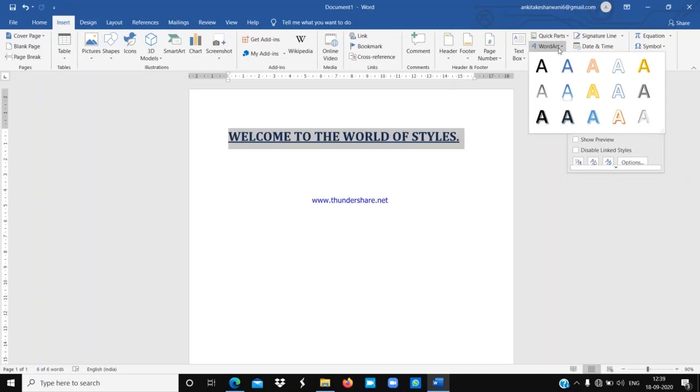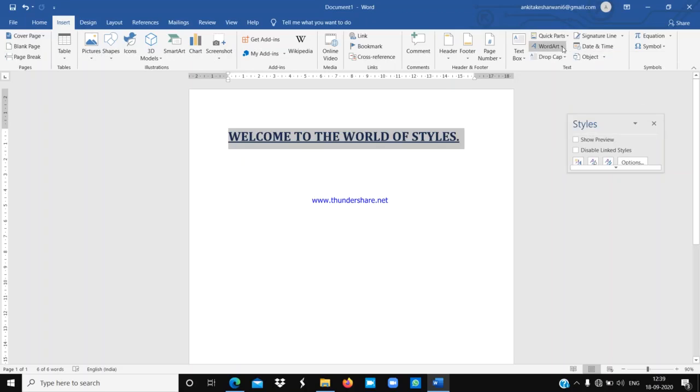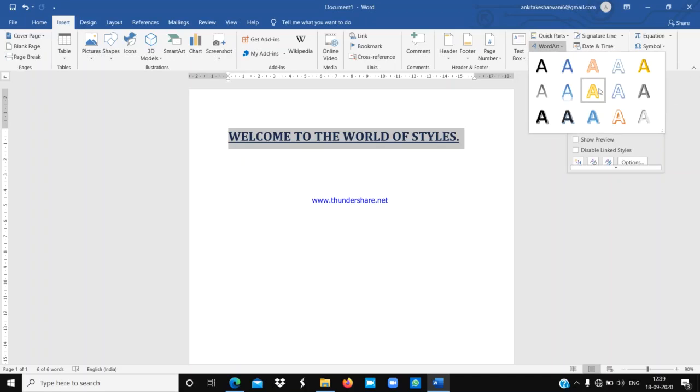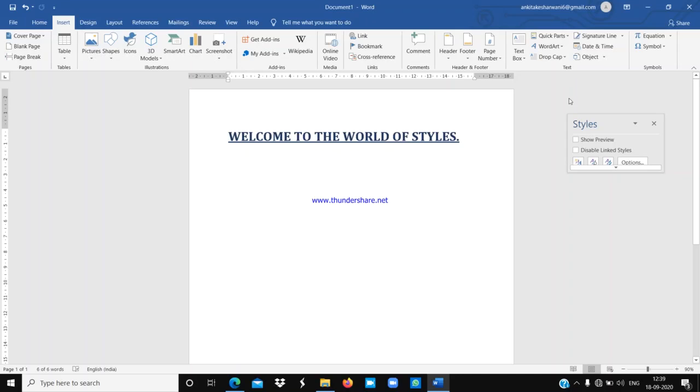Now you can choose the desired effect from the quick styles drop down menu. This is the quick style drop down menu, and from here you can choose any desired effects, whatever you want to apply on it. So I want to apply this one.